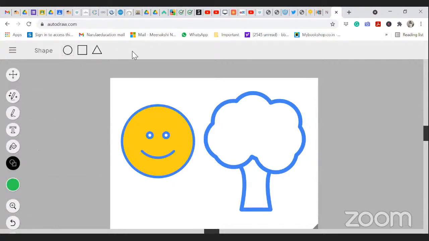Everything is available over here. Please do explore this. Maybe I may request Roshan sir to create some, maybe another day. Maybe I'll be able to meet and share with you a number of other options that are available. Autodraw.com in Google Meet. Yeah, you can share screen and use it anywhere.